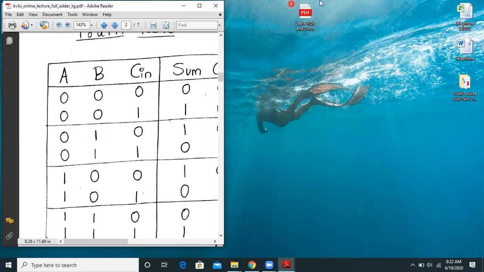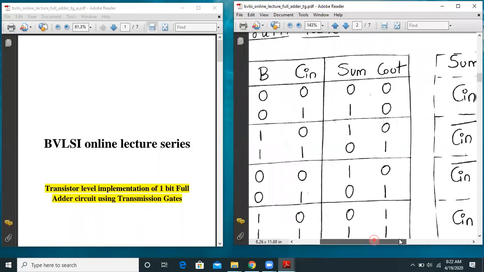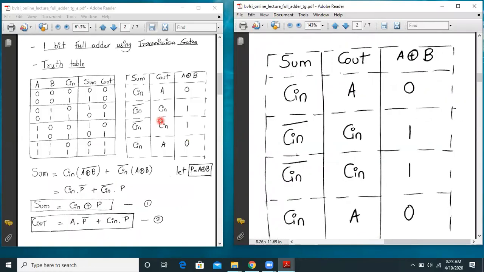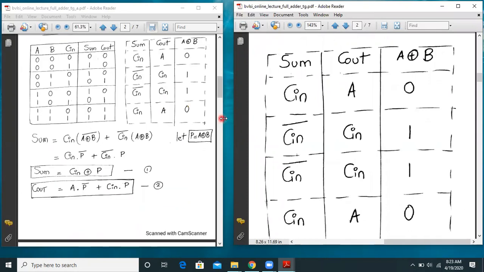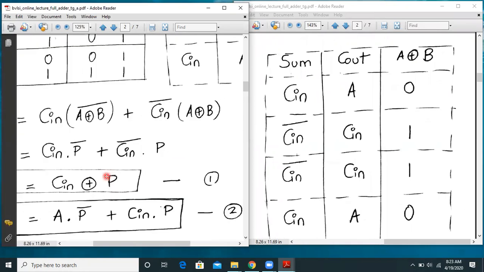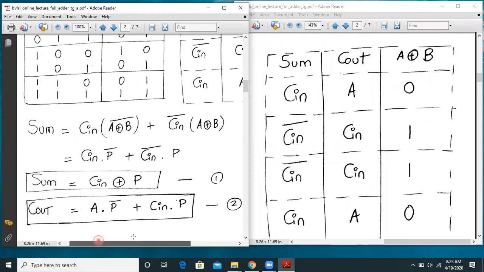Let me just take it over here and expand it a little so that we can see this table all the time. And on this side, I can show you the expressions, how they are implemented. So it is very much clear from here. To the left-hand side of your screen, you see the equations, and to the right-hand side of the screen, you see how to implement them.